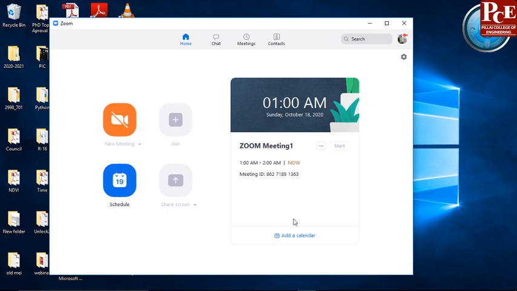So this facility is there. So you can directly send this link from here. So this is about scheduling a meeting and giving the meeting ID or meeting link to your participants.